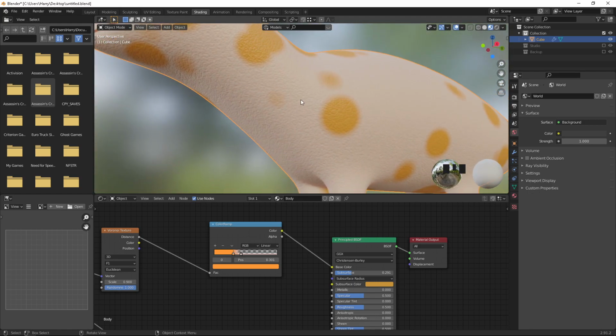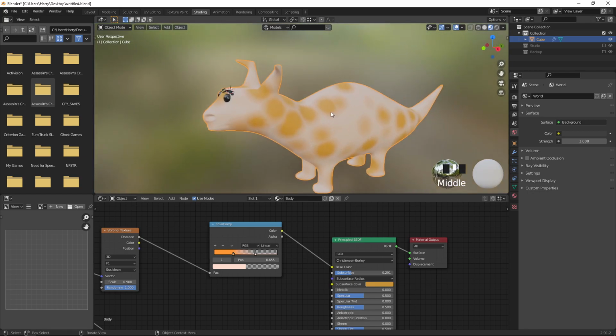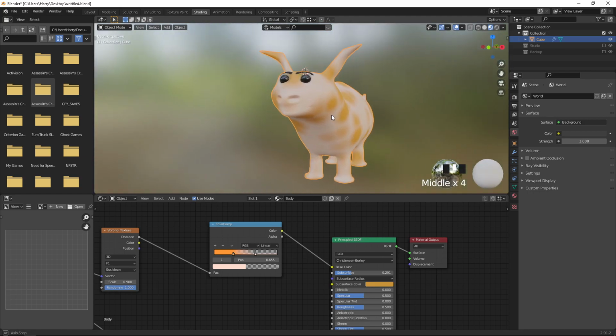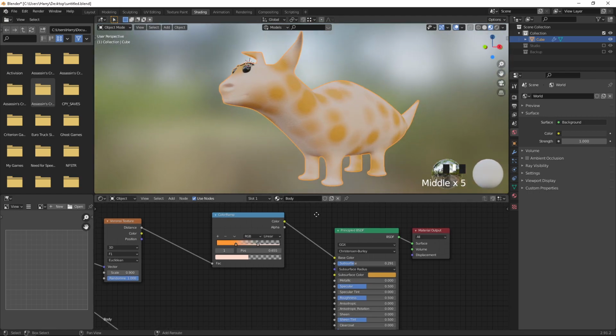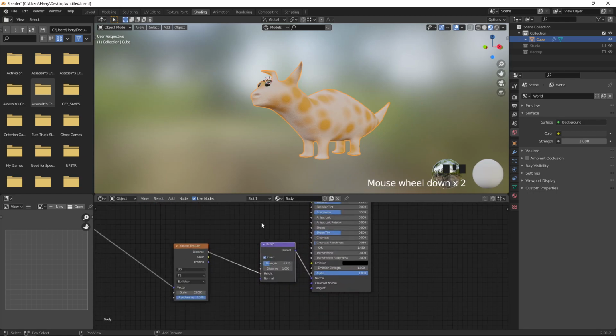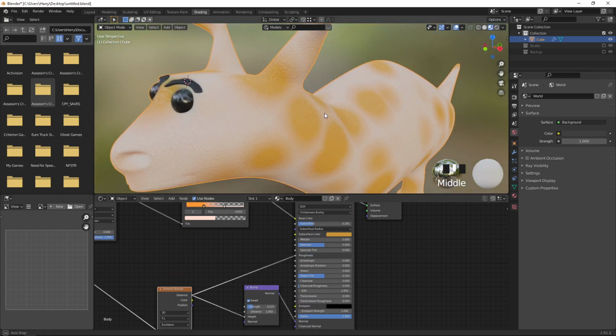Some patches in the corner are dark, and we can play with this around to see how it affects this for us. Okay, fine. And now what we are going to do is create a roughness for this using the same distance map node. I'm going to select this distance, I'm going to give it as roughness, and we see how it looks.